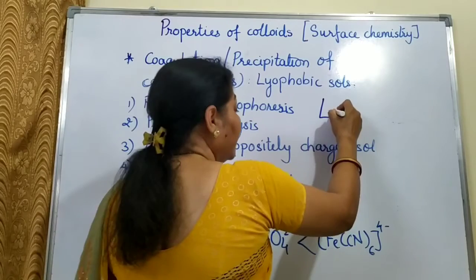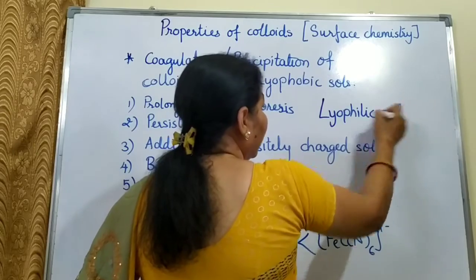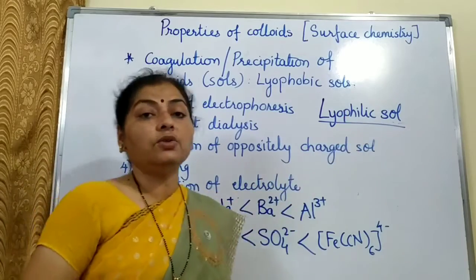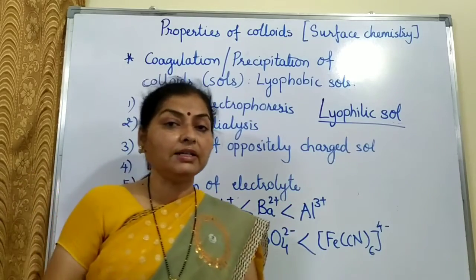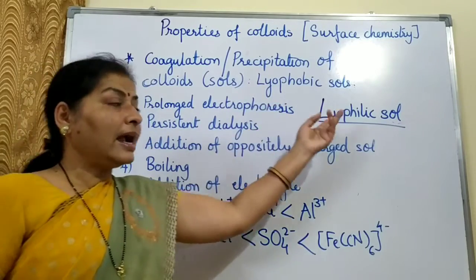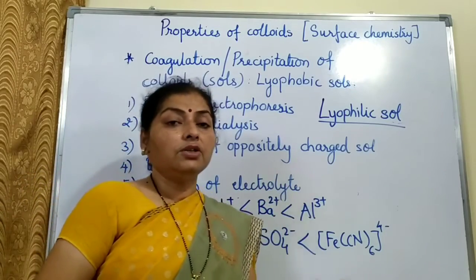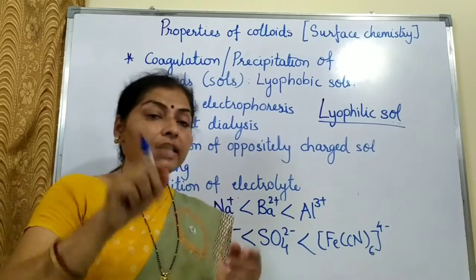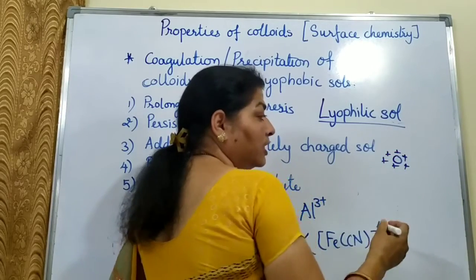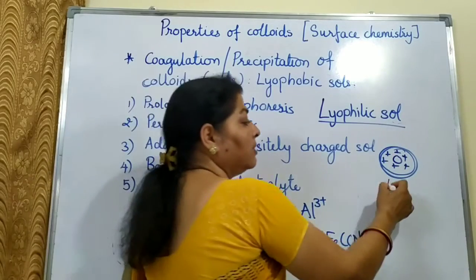Now if it is a lyophilic salt, lyophilic salt has an additional protection. How is it protected? One is due to the charges. The colloidal particles are stabilized due to the adsorption of the charges, that is similar to that of the lyophobic. But in addition, in lyophilic salt, the particles have attraction for the dispersion medium. So in addition to the charge, they are also forming a layer. Suppose this is a particle, then it will have suppose a positively charged sheet, and in addition to this there will be a sheet of dispersion medium which is protecting it.